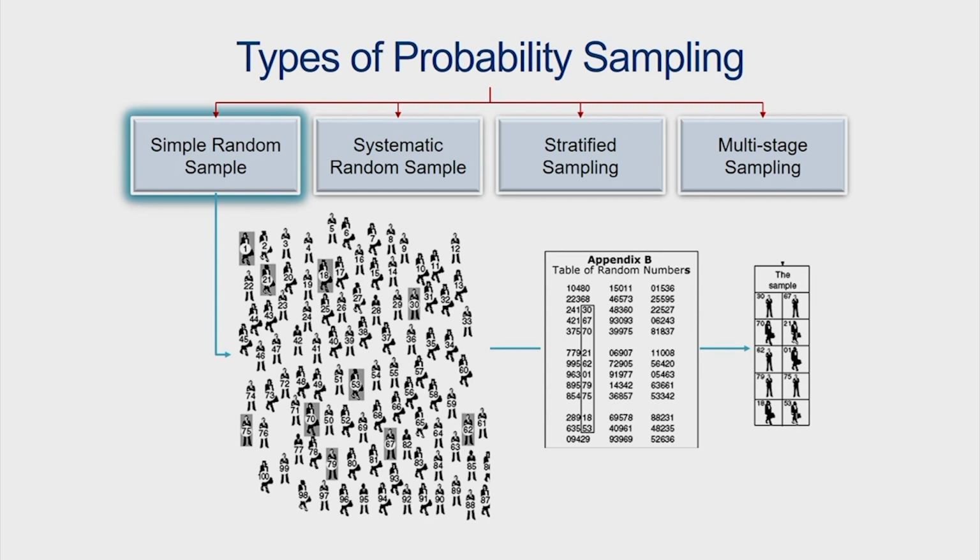So, what we essentially do: suppose this is a sample frame and we have numbers of people from 1 to 100. So, we have a population of 1 to 100, and let us say we want to draw a sample of 10 people. How do we draw a sample of 10 people? If you look at the back of statistics textbooks, you will usually see random number tables. So, you pick up the random number table,